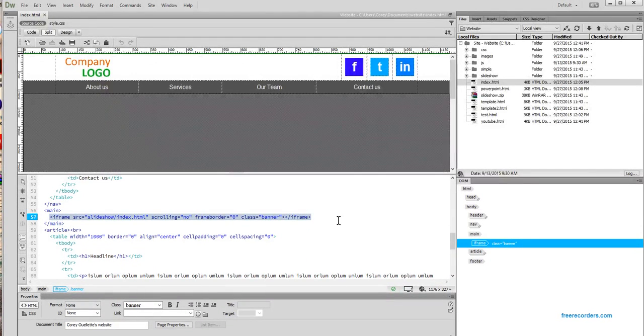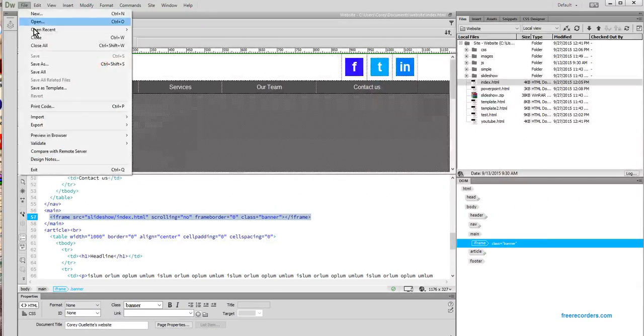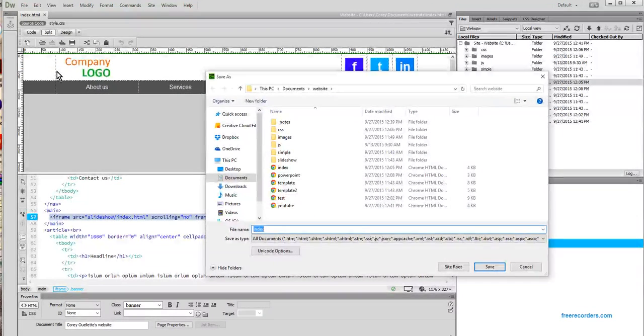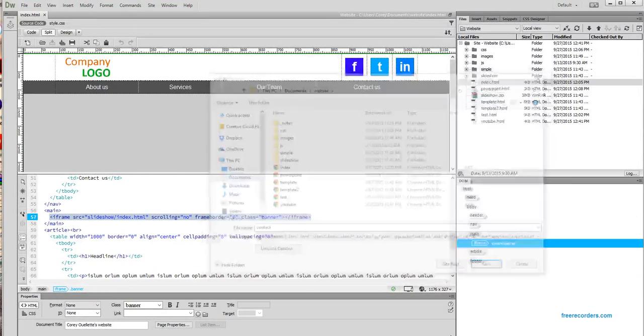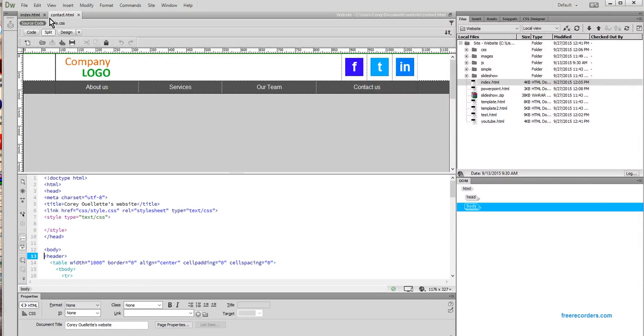Going to be covering in this video is how to embed Google Maps as well as Google Street View onto your website. So as you can see, I have Index open right now. I'm going to save this as contact since we'll be using maps, just for example's sake. After I've done that, I'm just going to go ahead and close the original index file down so I don't